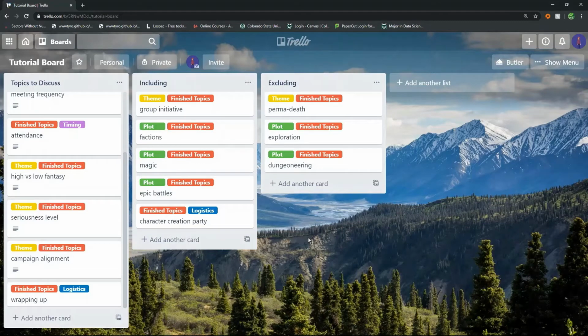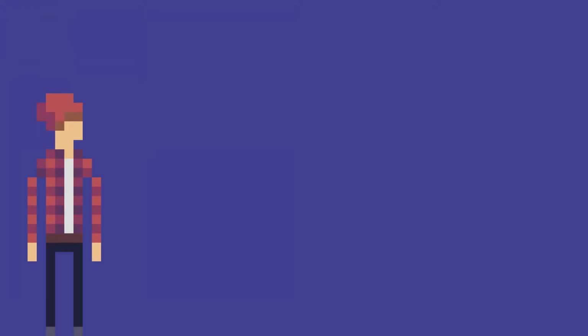Once all of the cards have been marked with the Finished Topics tag, you're all done. Now all the players should be on the same page about how the campaign is going to work, and you have a reference sheet that you can look back at whenever you're building the campaign world. Now I want to jump over to some other footage and show how this works in action with my most